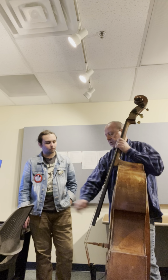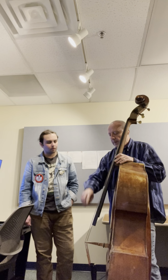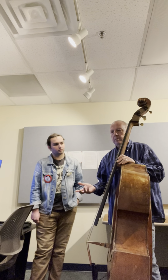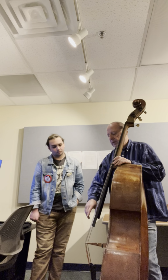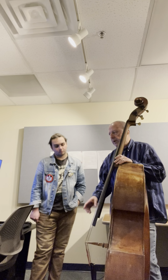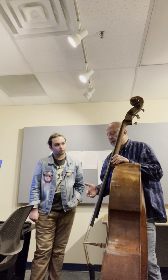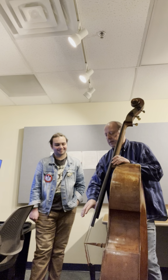See how that motion is pulling the string out? In more modern bass playing, which started to happen around the late 30s, early 40s, mid 40s, bass players like Oscar Pettiford and Ray Brown, and that's a whole other lesson, I'll tell you about that in our next lesson. But